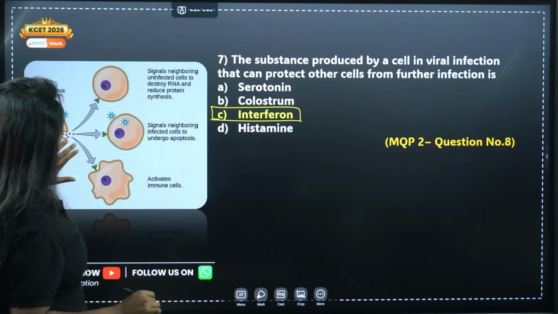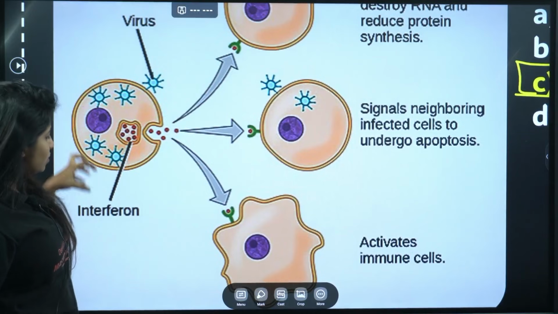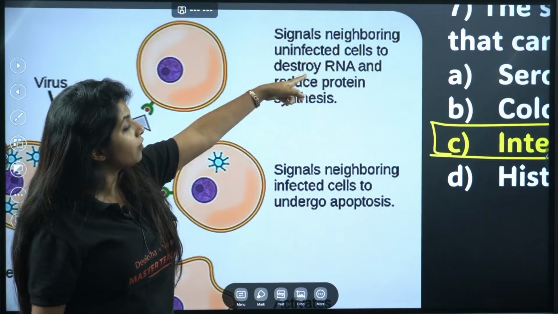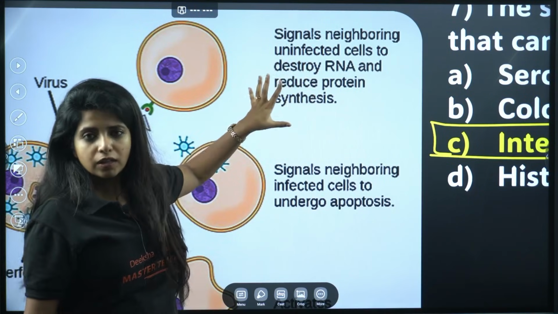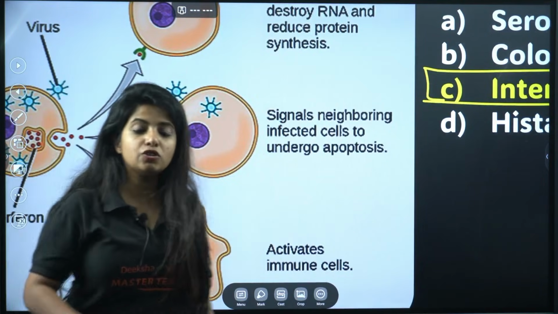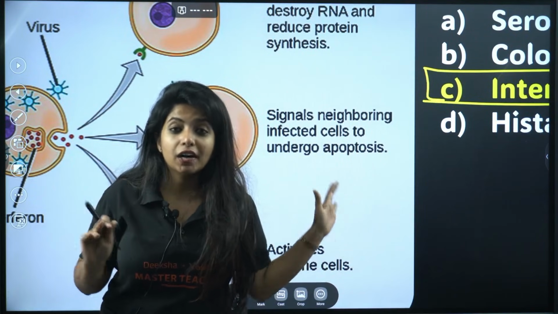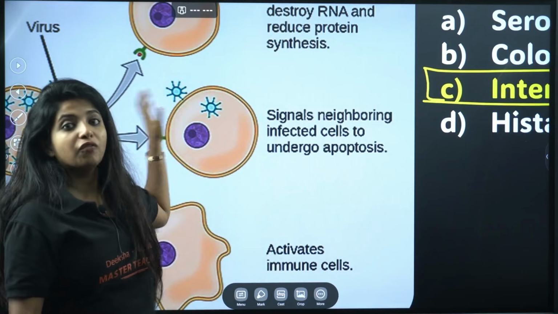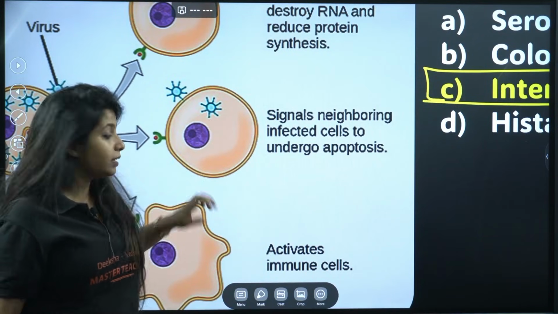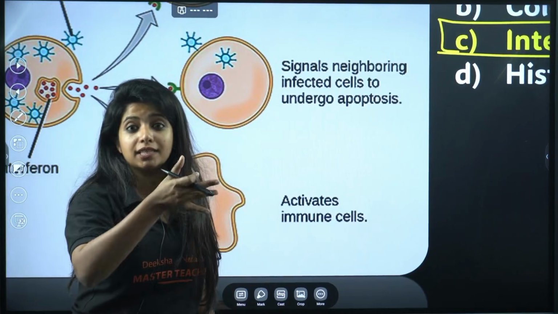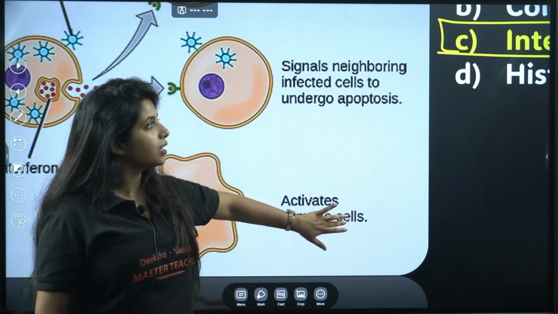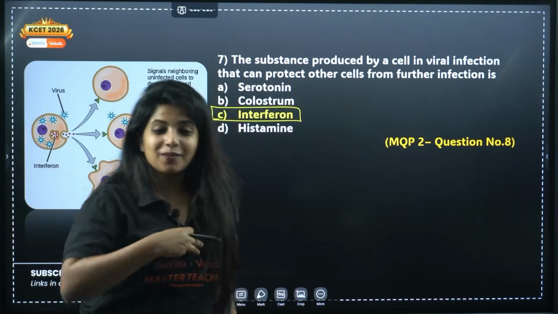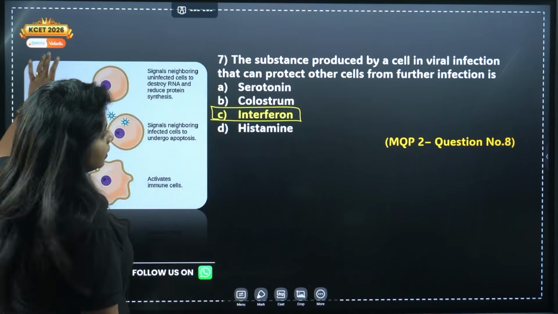So over here you can see the picture. The virus is affecting this particular cell. Now this cell releases interferons. This interferon gives signals to the neighboring uninfected cells to destroy the RNA and reduce protein synthesis, or it can instruct the cells to undergo apoptosis, suicide also, so that they are not affected. Because if they are affected, my dear children, they give space for the viruses to replicate. Or they can signal to activate the other immune cells and tell them that there is a problem here. So always remember, this comes under the cytokine barrier of innate immunity. It's there with us from our birth. So that is also sorted.